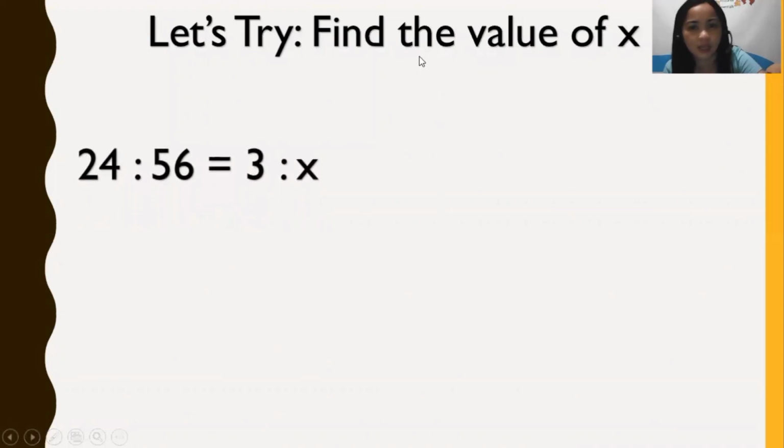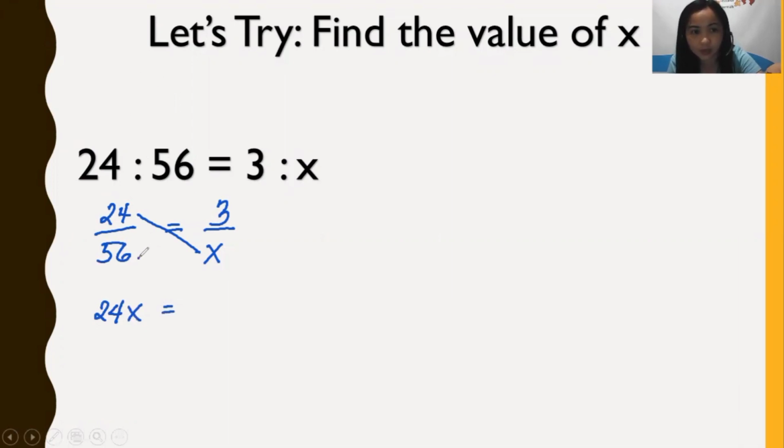Let's determine the value of x here. Now, we can also use fraction here. We can also write it into fraction kung nalilito kayo using colon. Pwede nyo rin siyang isulat into fraction. We have 24 is to 56 equals 3 is to x. So, pwede siyang into fraction. Now, let's cross multiply. We have x times 24 is 24x